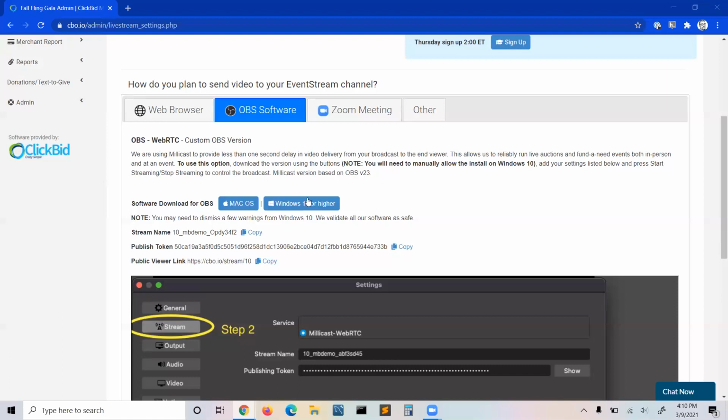So what you would do is you would choose either the Macintosh version or the Windows version. I have Windows here today, and I'll show you what it looks like. It looks very much like the publicly available version of OBS. So if you've ever used it for any kind of broadcasting, you will see that it's very